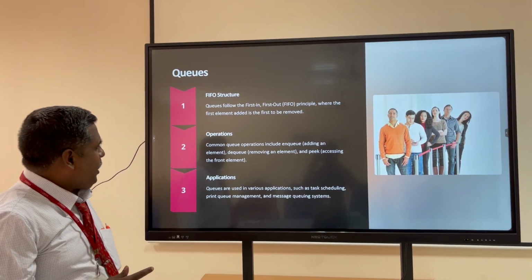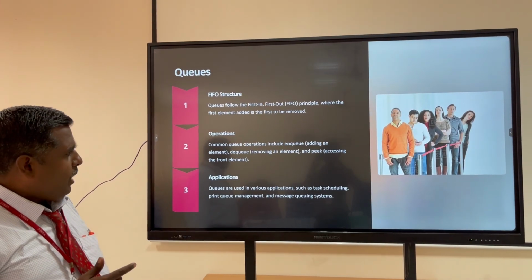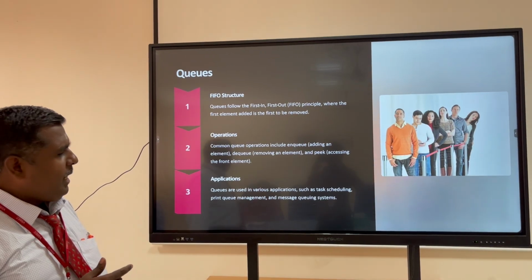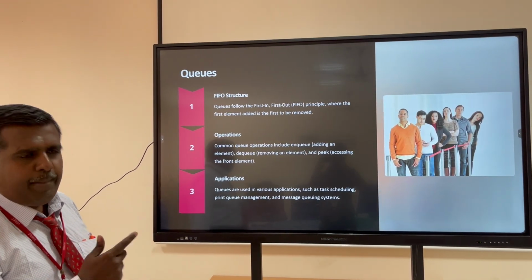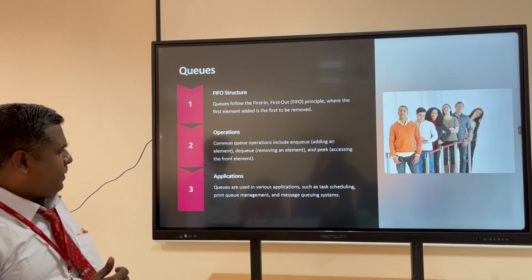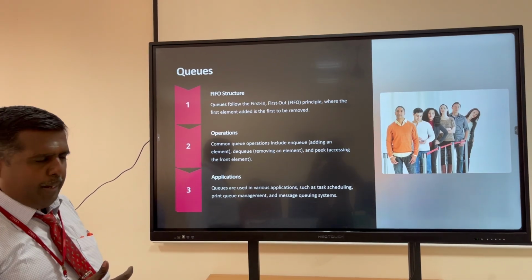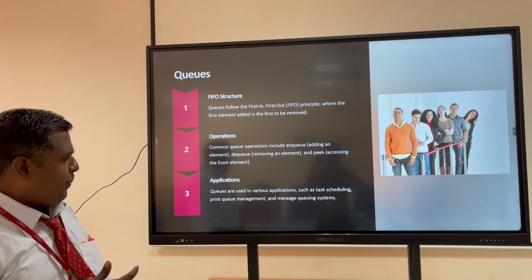The operations of queues are enqueue, dequeue, and peek. Enqueue means adding an element, dequeue means removing an element, and peek means accessing the front element. Queues are used in various applications such as task scheduling, print queue management, and